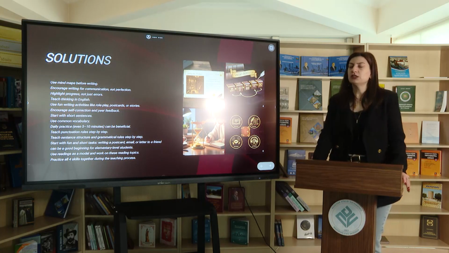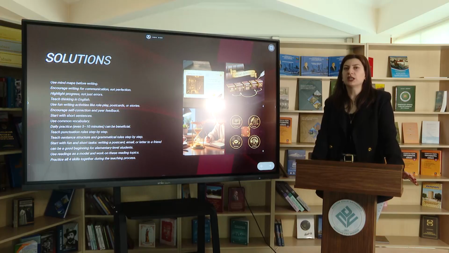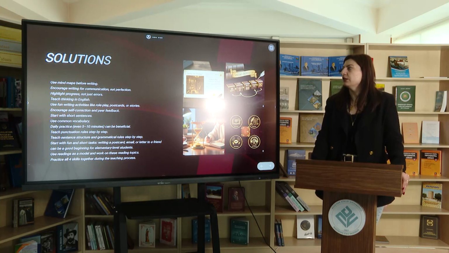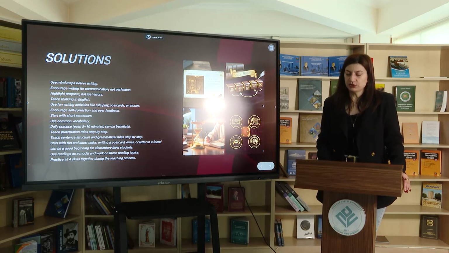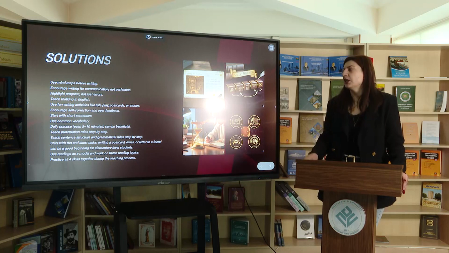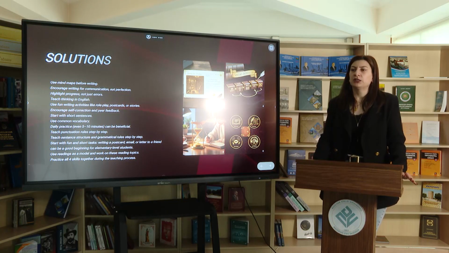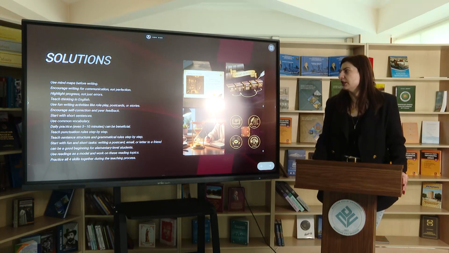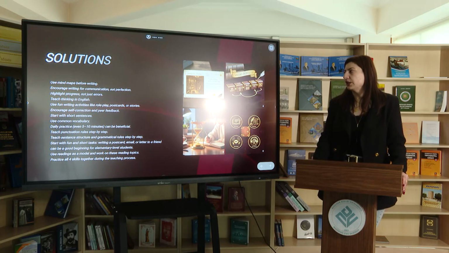We should encourage our students to self-correction and peer feedback. We should start from short sentences, then move to short paragraphs, and it will help them to improve writing as well. We should use common vocabulary.